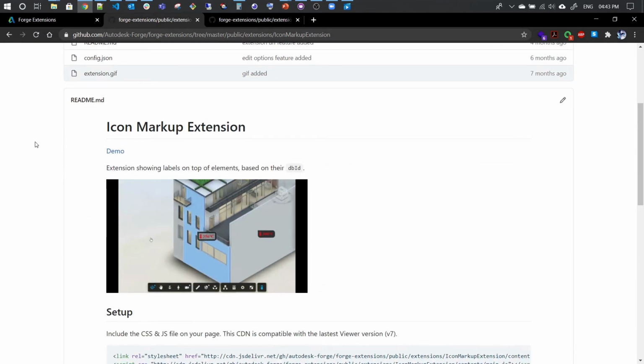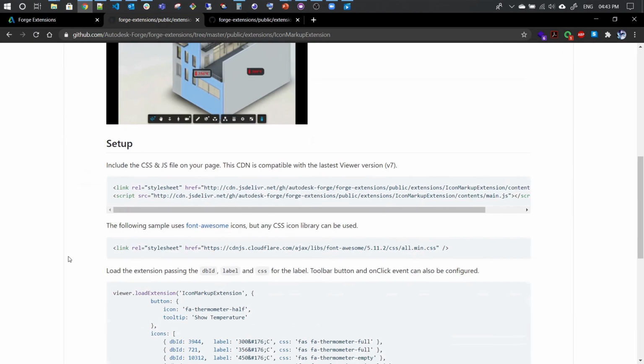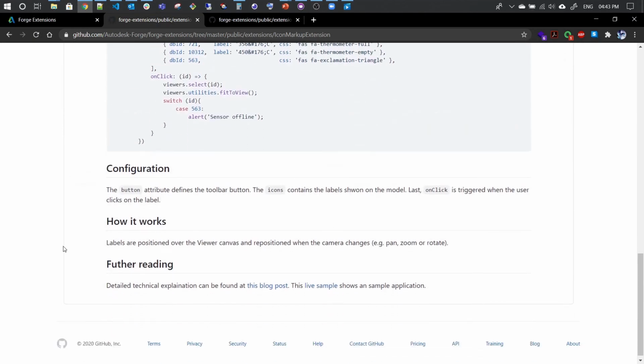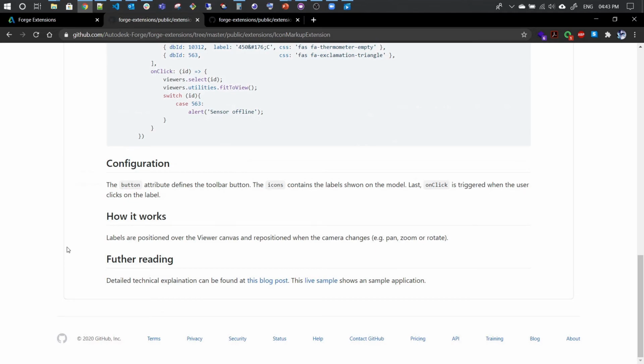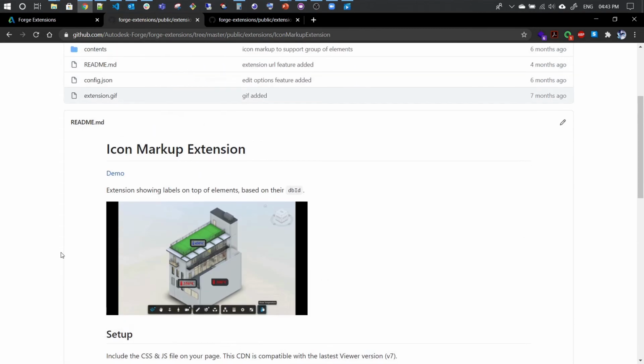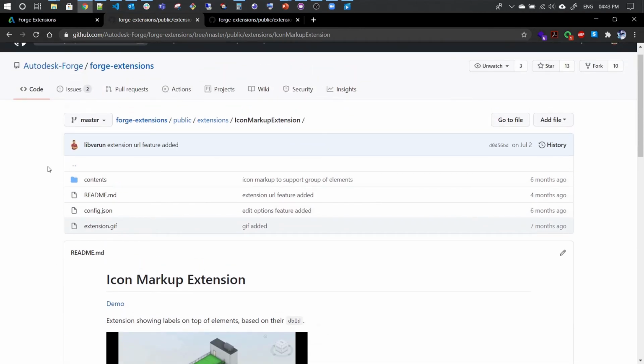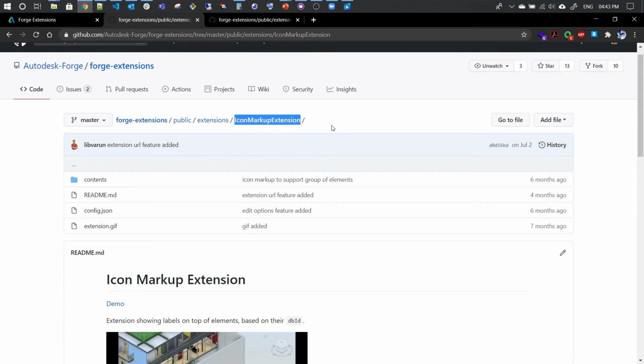We have demo, setup, and how it works sections. Let's go one by one. Each extension has its own readme, and all the associated files reside in just one folder by the name of the extension itself.